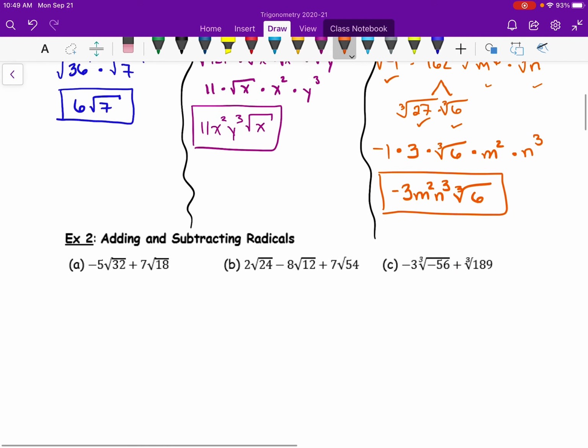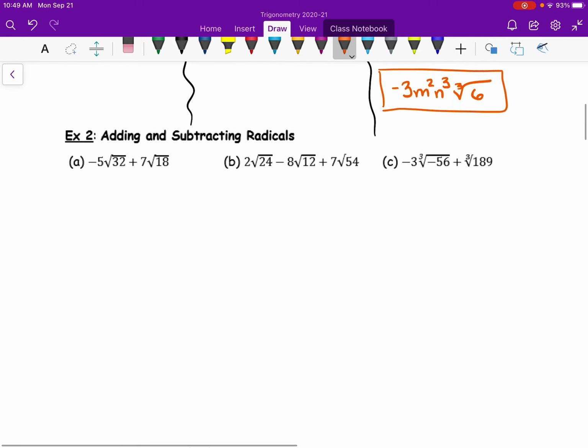Now we're going to add and subtract radicals. So in order to add and subtract radicals, we need to have same radicals. So it's like adding fractions. You need common denominators to add fractions. In order to add and subtract radicals, you need to have common radicals. Okay, so for